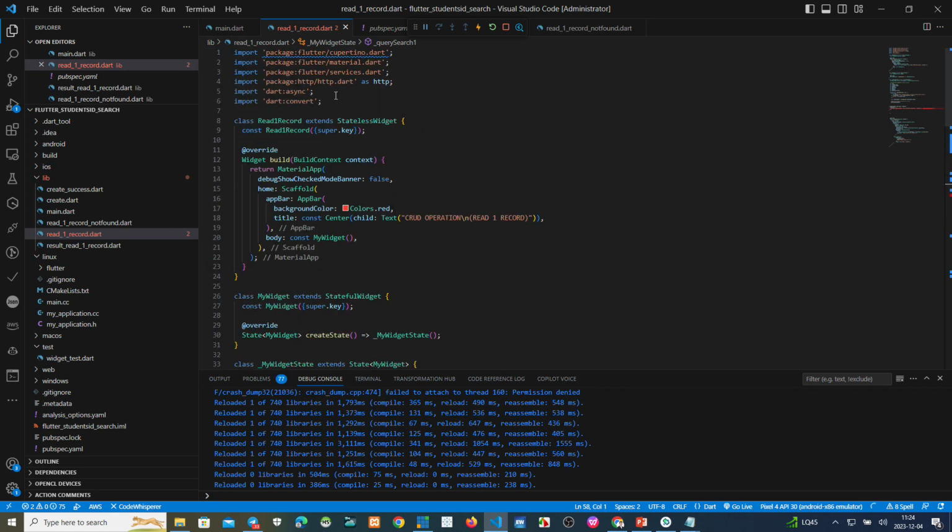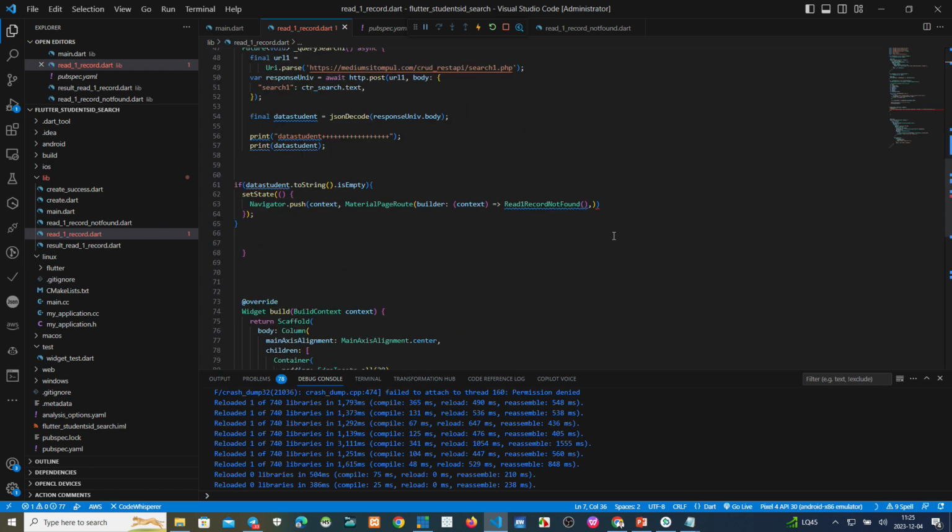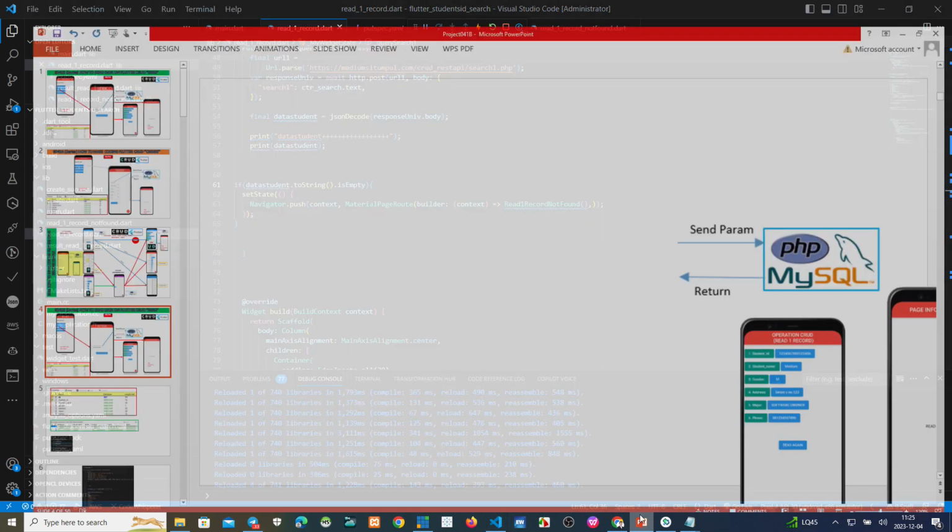So you must import the file name, read one record not found, here. Okay. So this is if the return is empty from here.